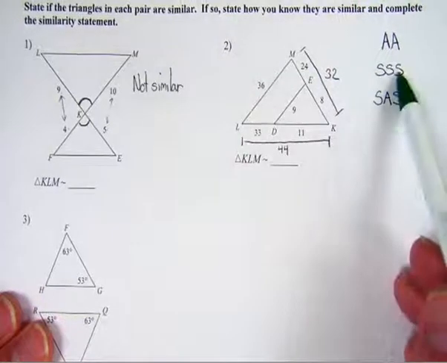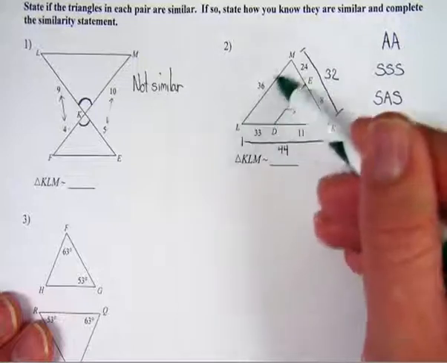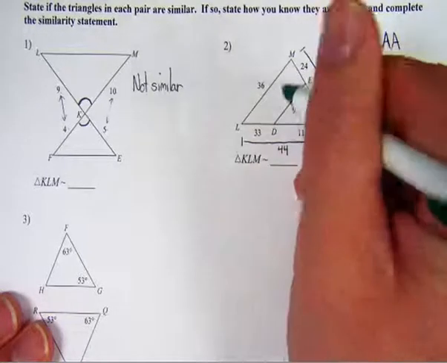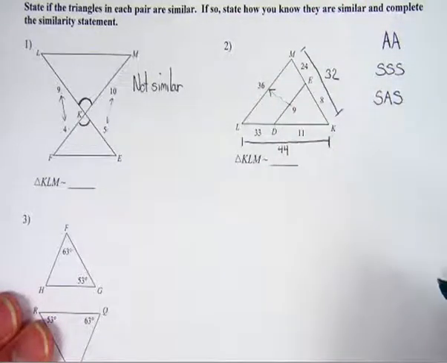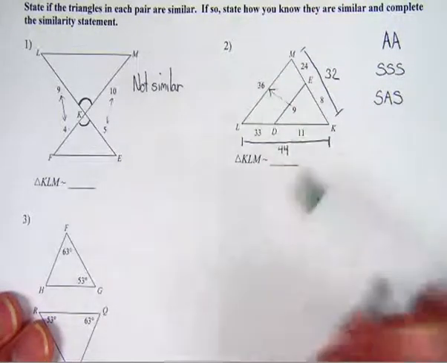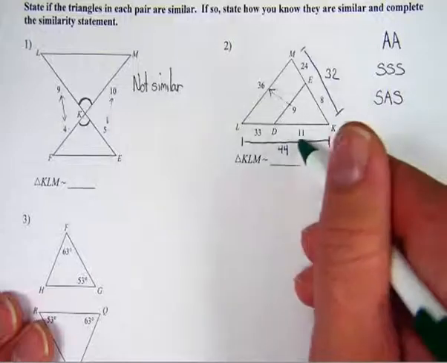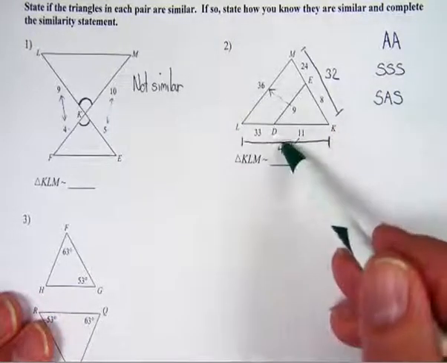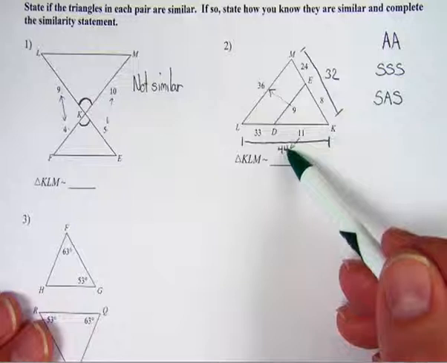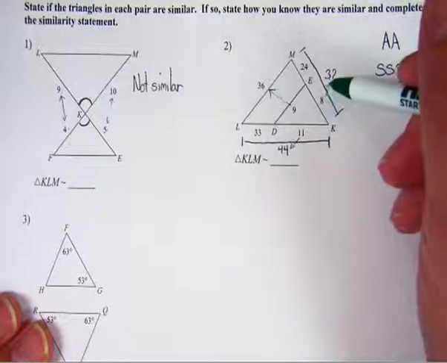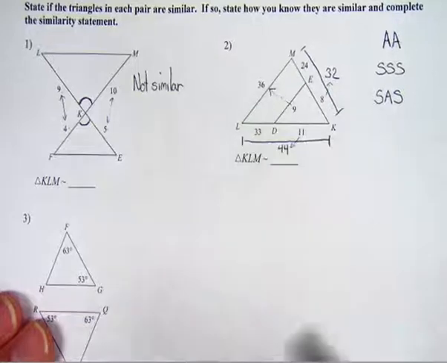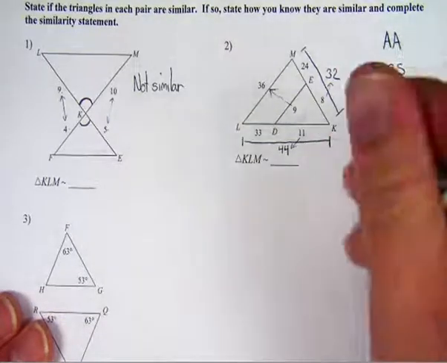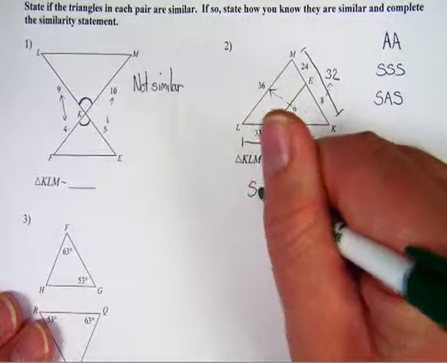So we know we're going to use side, side, side, and now we just need to see if they're proportional. So let's start with this side because it's easier to see. On the smaller triangle it's 9, and it's going to 36. So that would be a scale factor of 4. So now we need to see if that same scale factor is used for all the other sides. Well, the side that was 11 became 44, so that would be a scale factor of 4, so that checks out. Our side that was 8 became 32, so that's a scale factor of 4 as well. So these sides are proportional, and we can say that these triangles are similar